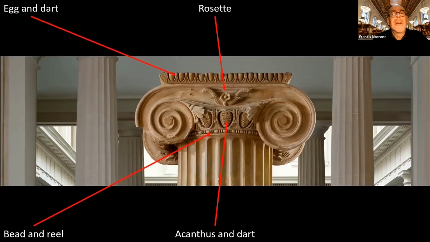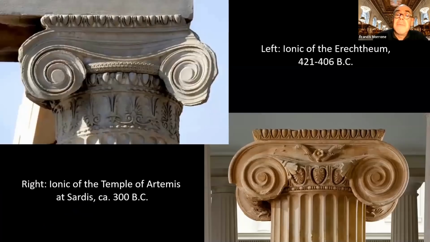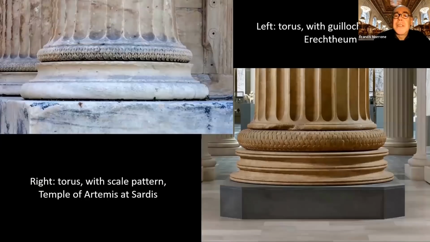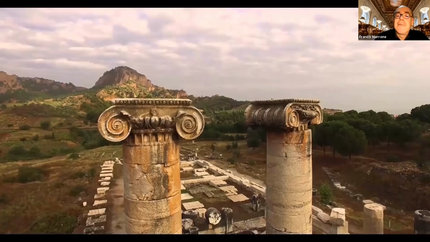It's a very elaborate order, but it isn't anywhere near as beautiful as the Erechtheum columns, and we see them side by side. Just look at that beautiful, elegant way that the volutes sort of lead to that drop in the middle, and then compare it with the one from Sardis, which just by comparison seems so workmanlike. Bottom of the capital is the Taurus, and we see that those can be decorated in very different ways.